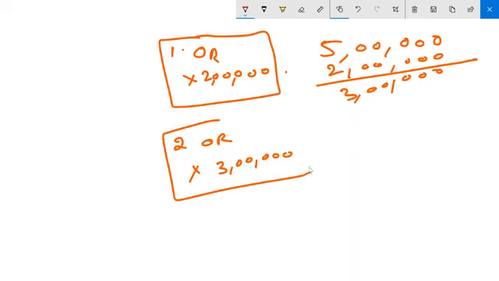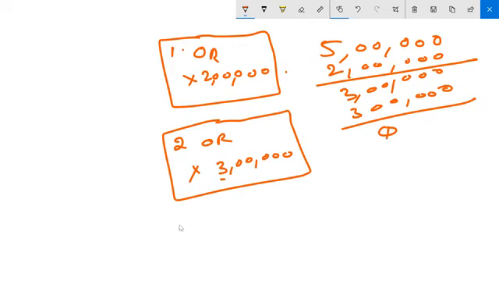Now will the system allow me to create an order? Order number 2? Yes, because the order requirement is 3 and the available is also 3. So 3 lakhs minus 3 lakhs, what is the credit limit available now? 0. If I create an order number 3 now, let's say for X material 1 lakh, will the system allow me